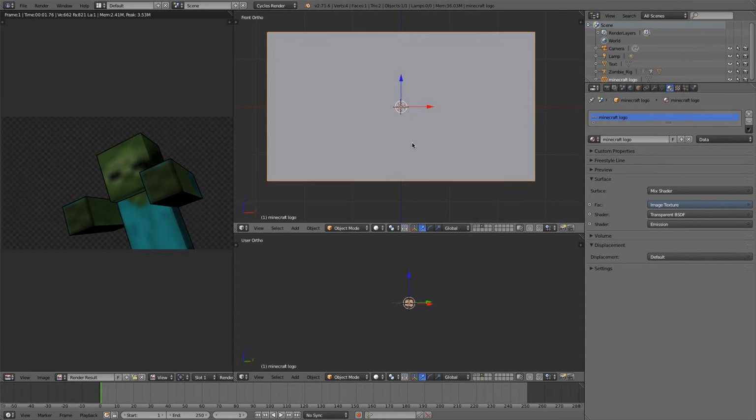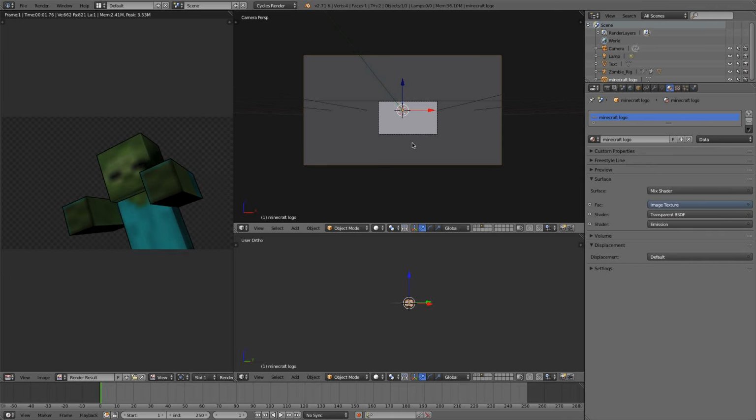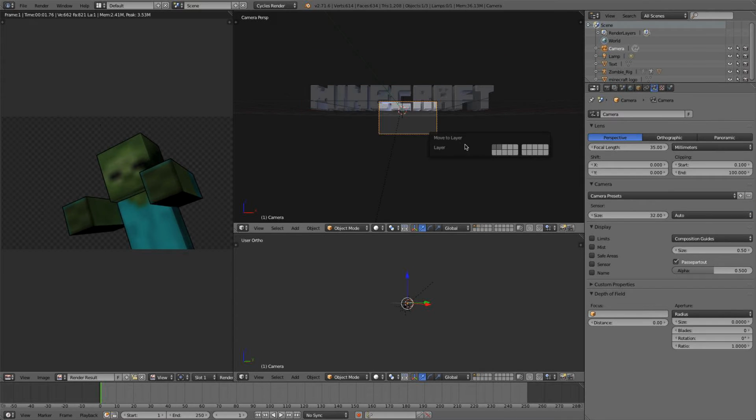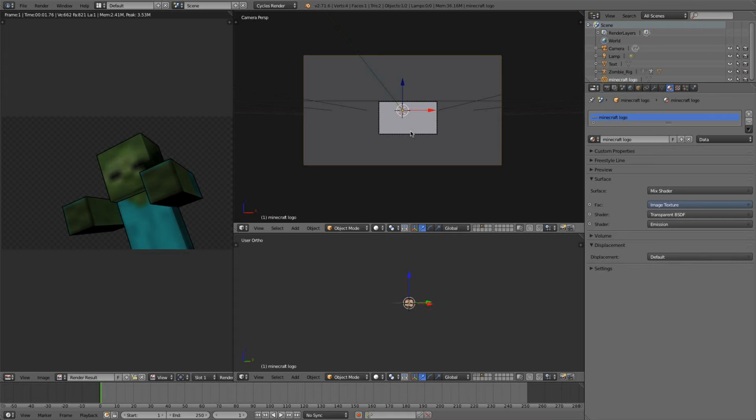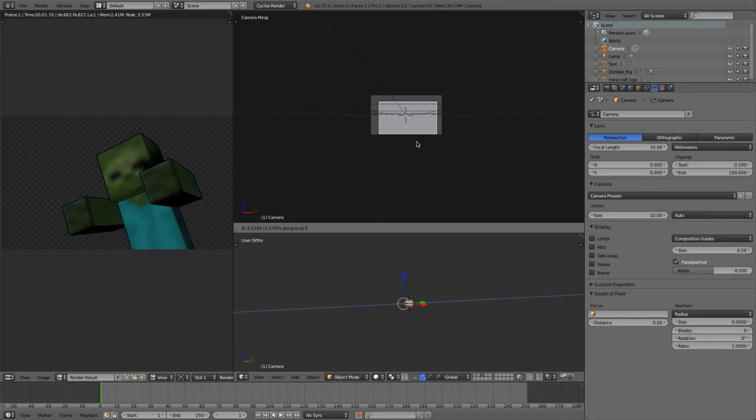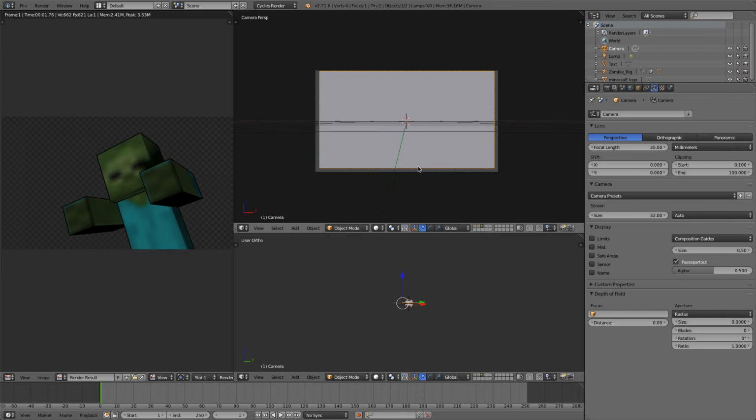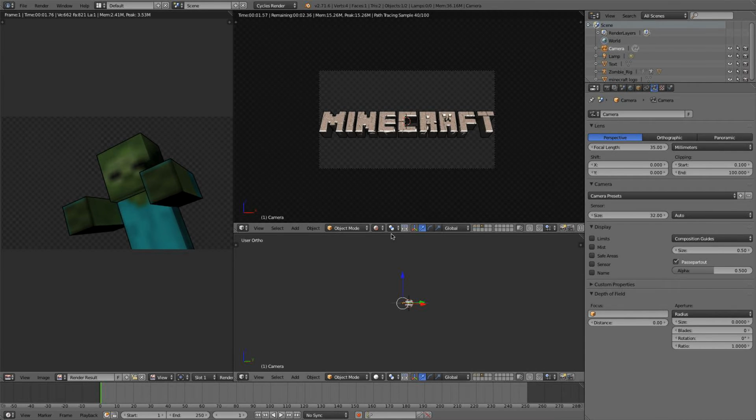So I'm going to go Control-Alt-0 and snap my camera to this location again. I'll have to move it to that layer as well. Hit M, and then hold Shift and click that layer. There we go. So I'm going to zoom out with my camera, grabbing with the middle mouse button. If I go rendered, you'll see I have my logo there, nice and centered in the